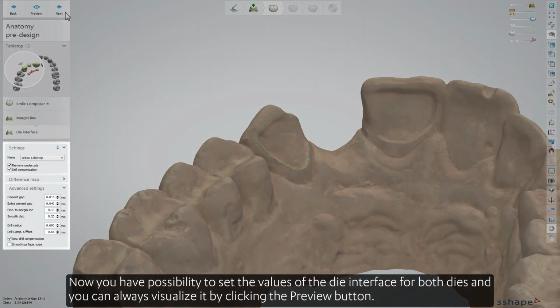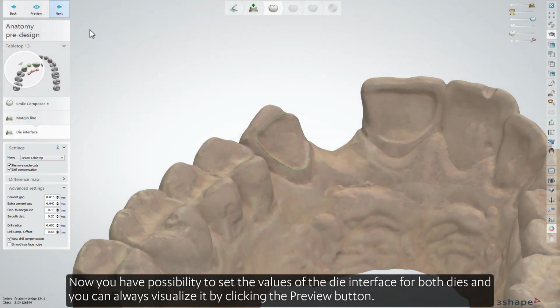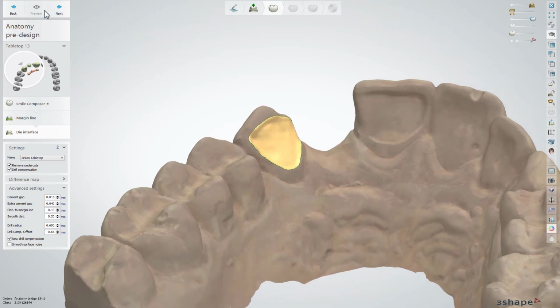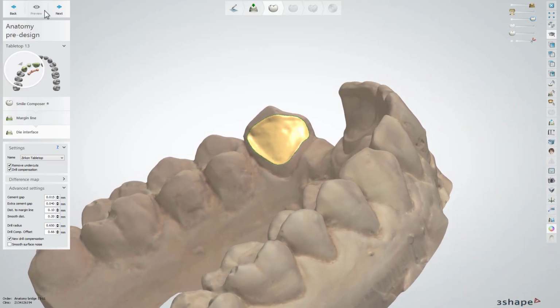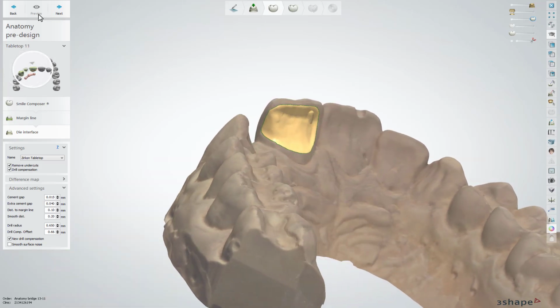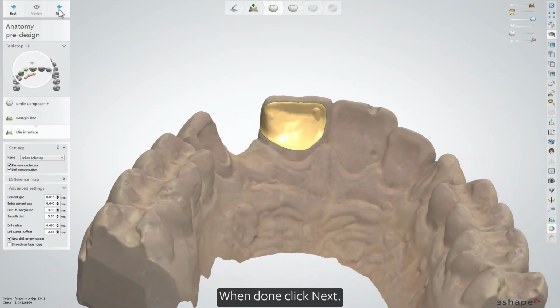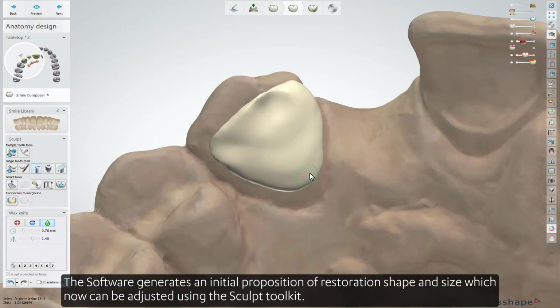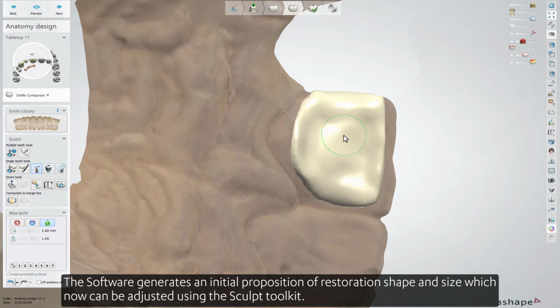Now you have the possibility to set the values of the die interface for both dies, and you can always visualize it by clicking the Preview button. When done, click Next. The software generates an initial proposition of restoration shape and size, which now can be adjusted